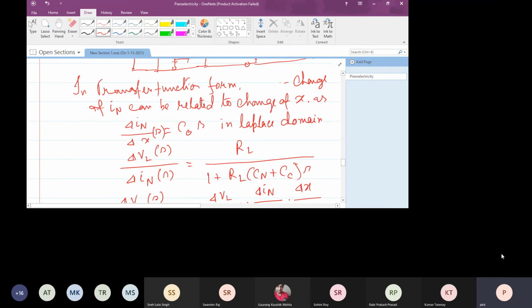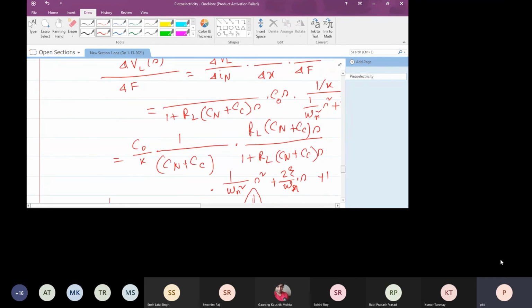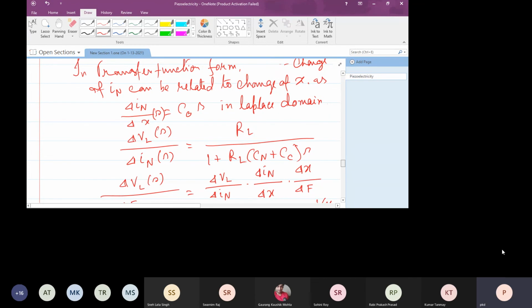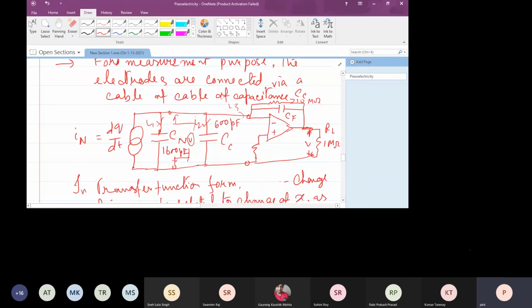And so everywhere what we have done, we have converted this charge. Basically charge is produced, and then we have converted the charge to an equivalent current source by dq dt. So invariably the static charge contribution is going out. Because if I give a static force, what will happen? A DC force is given, there will be a charge. Charge is available. But then current will be the rate of change of charge. If there is no rate of change of charge, obviously there won't be any DC response